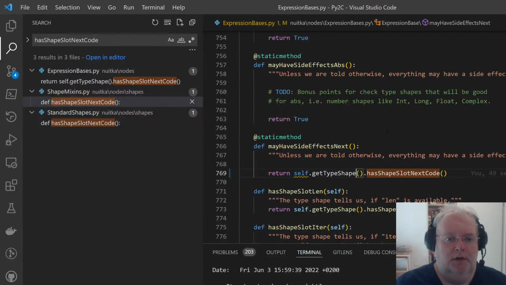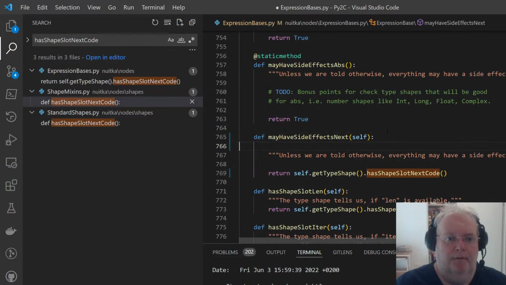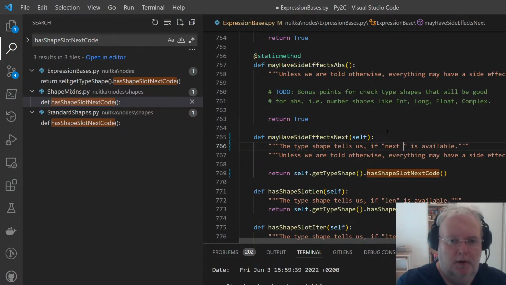And now, expression basis, we can do not being static. Now we can actually, if next may execute code.